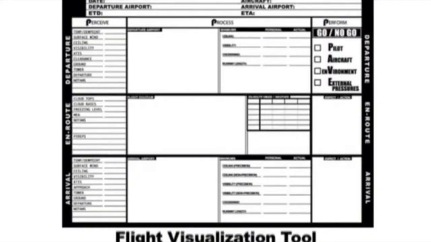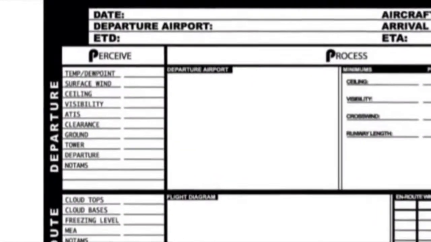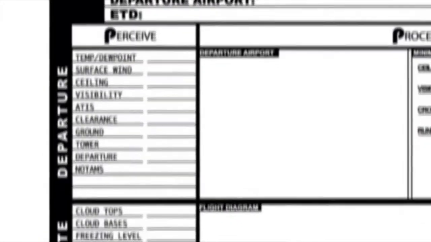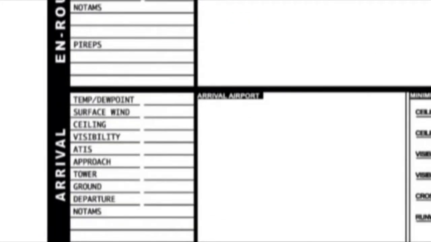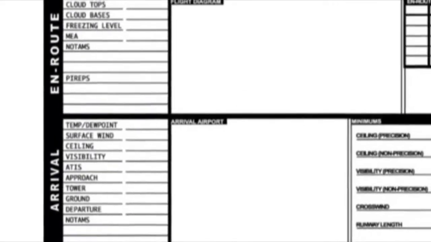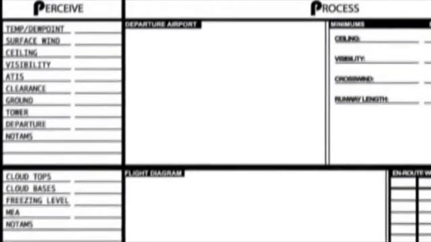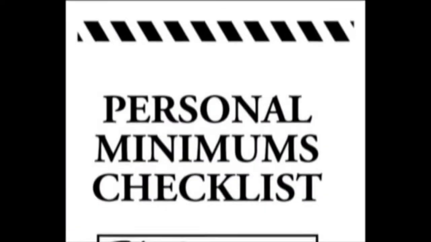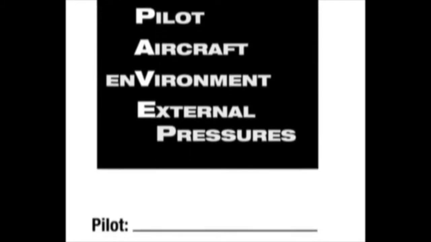The FAA's Flight Visualization Tool is a shorter form which can also aid you in assessing your CFIT risk before you ever take off. The form asks you to look at every element of every stage of your flight: departure, en route, and arrival. At the departure and the arrival stage, you'll find a place to write down frequencies and NOTAMs, which I'll go over in a minute. You'll also be able to diagram the airports and prevailing winds. One other option in designing your SOP is the Personal Minimum Checklist, published by the FAA. You'll find ordering information in the links and reference sections at the end of this presentation.